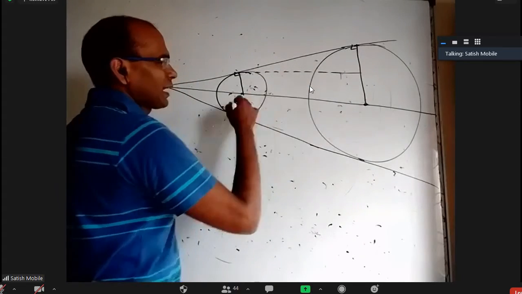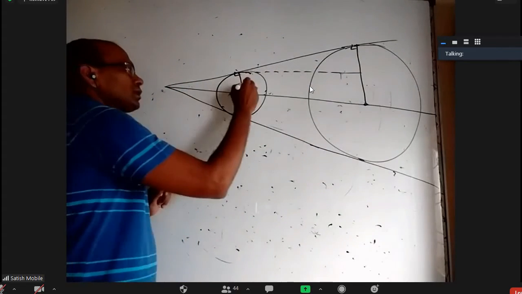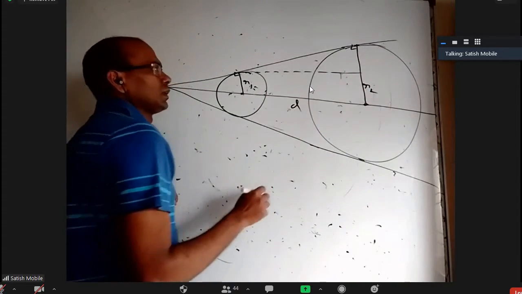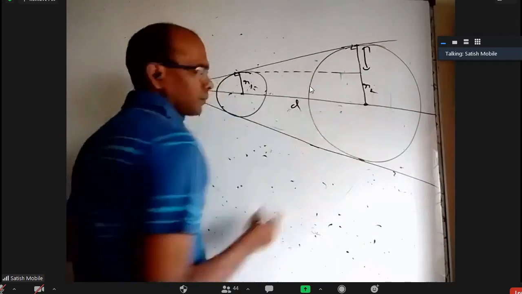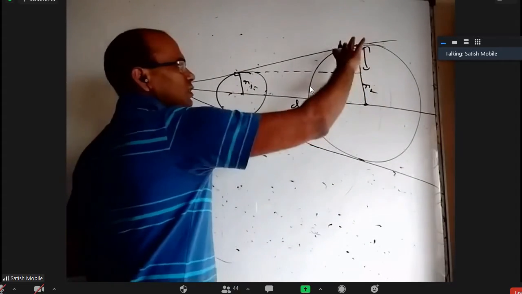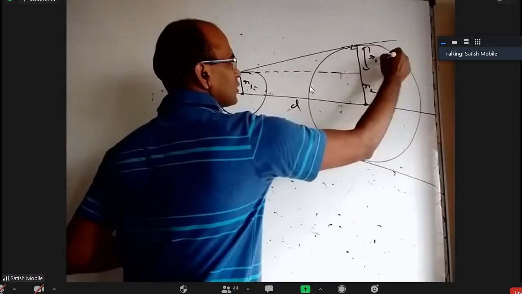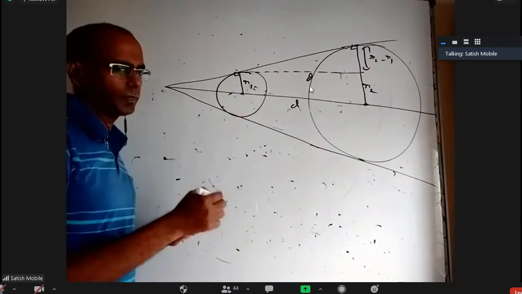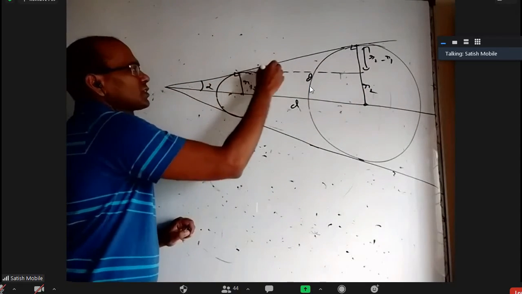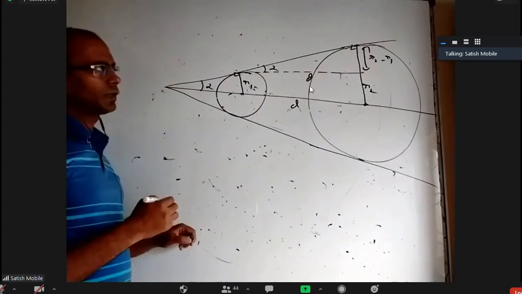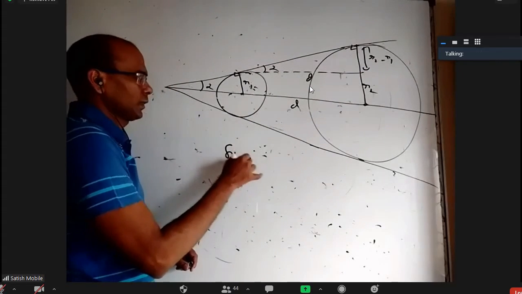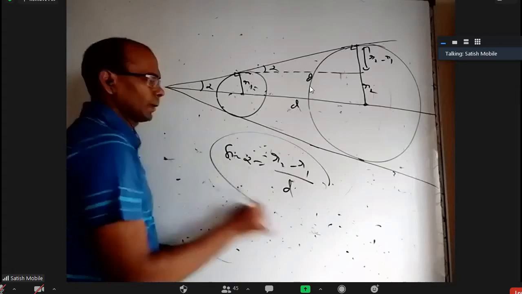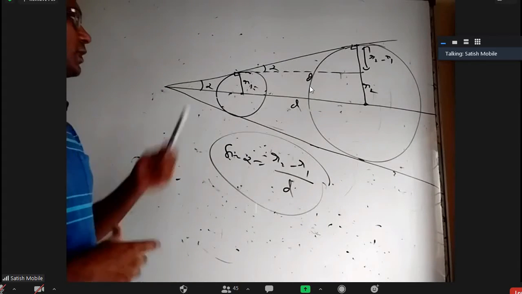draw one line parallel to this given line. This is R1, this is R2. From here to here, the distance is D. This small length, if you take, this is R1, so this is R1, so this total will be R2, so this small thing will be R2 minus R1. This is D, so from here to here, that distance is also D, because it's a parallelogram. If you take this as alpha, this is also alpha. From this triangle, I can take sine alpha. The opposite side is R2 minus R1, and the hypotenuse is D. So from that, I'll be able to directly find alpha.